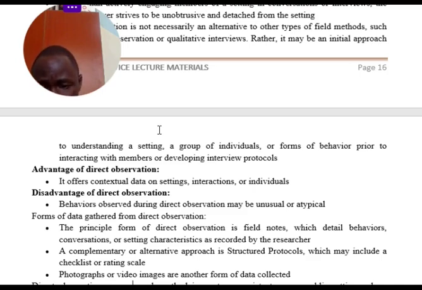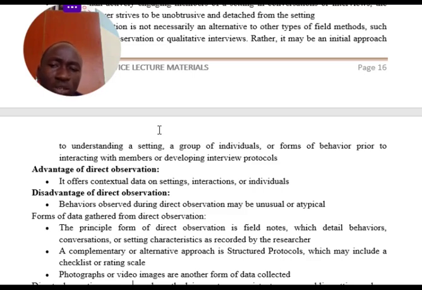They are saying that the principal form of direct observation is field worker notes. In other words, once you go into the field and you observe, it does not require